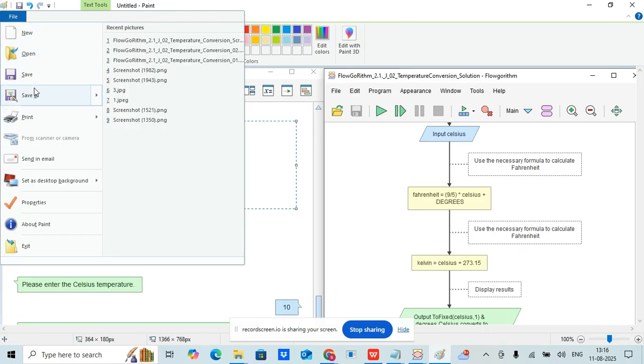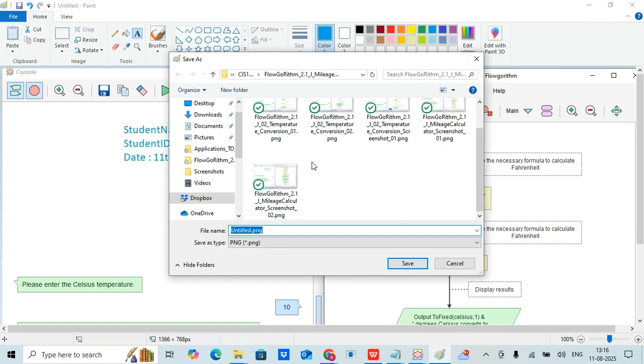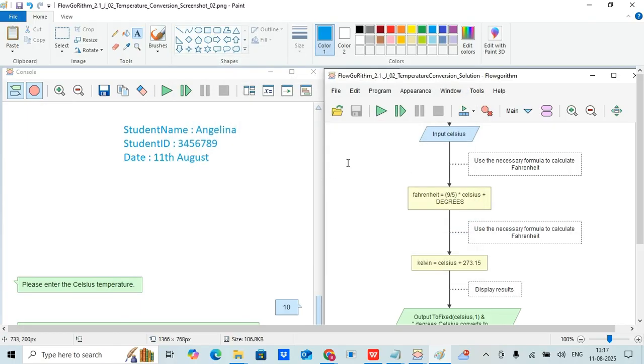Then again save this file as flowchart underscore 2.1 underscore j underscore temperature underscore conversion underscore screenshot underscore 02. Then click on save. So all these three files, the project file which is the .fprg file, and the screenshot files,